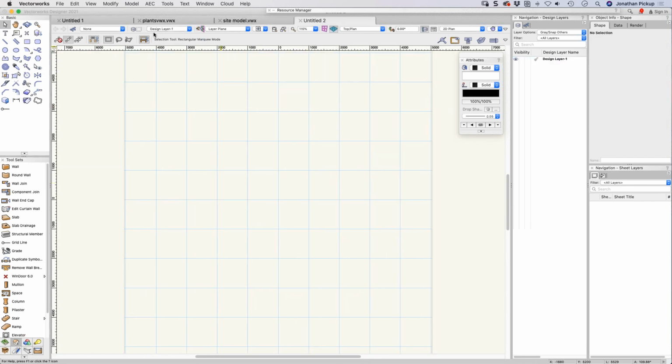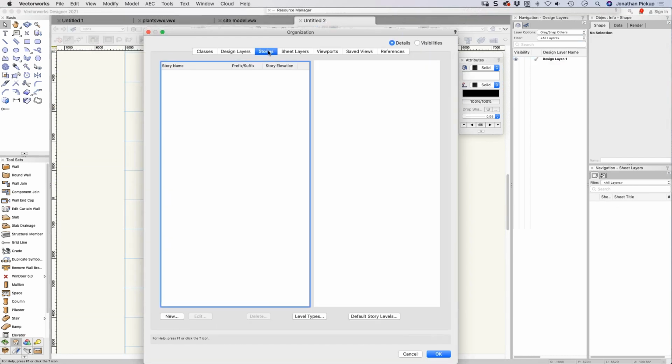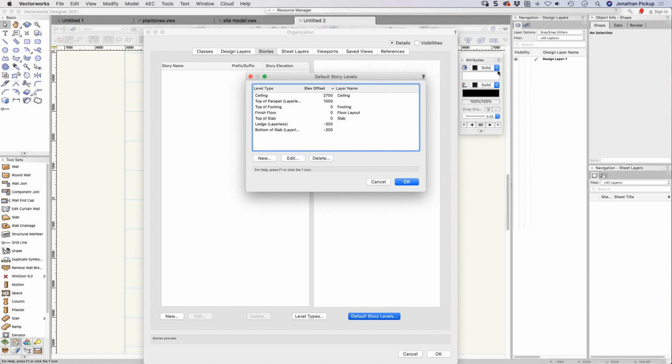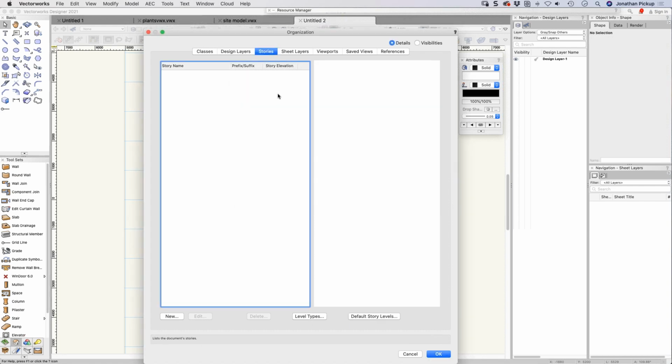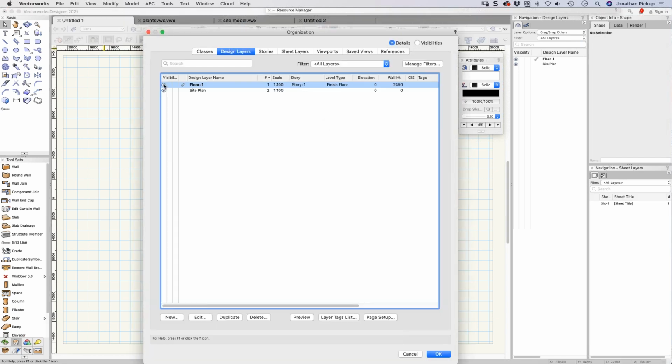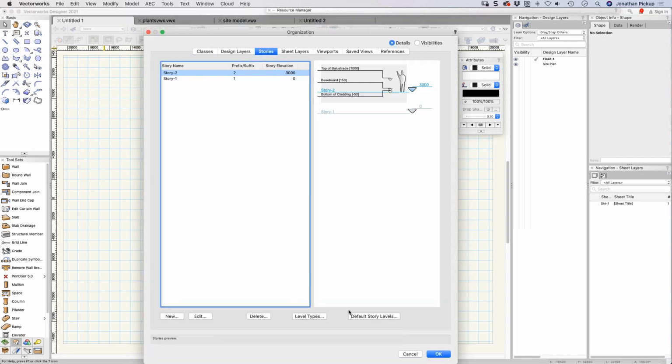When I use the standard Vectorworks, I'm not sure whether I've edited this one. I quite often edit my template so it suits me. Let's look at stories and let's look at my default story levels. This is, I think, my edited one. So I've gone through and I've edited all of my levels. You'll see that they've got specific names that relate to the picture that I just showed you. If I start a brand new blank file,